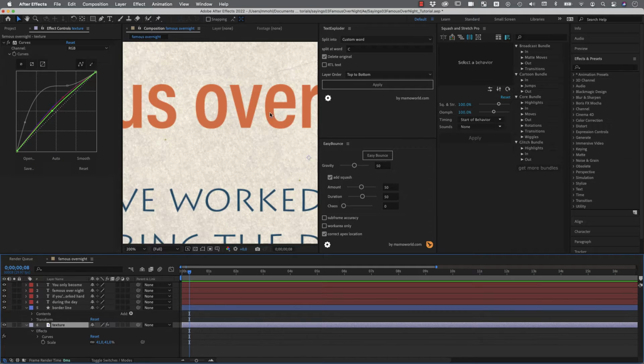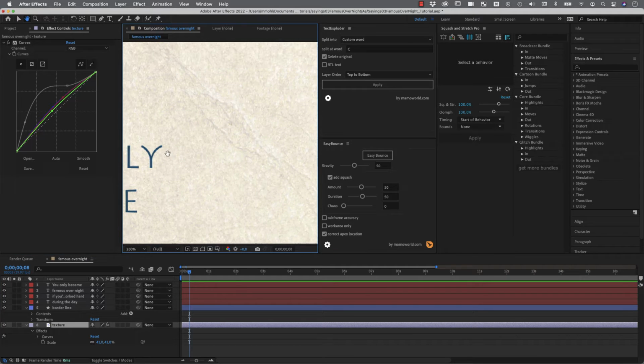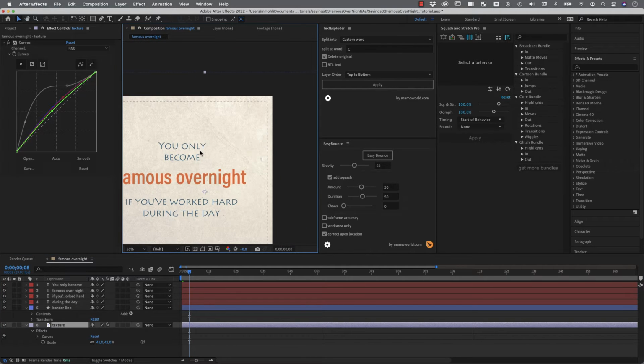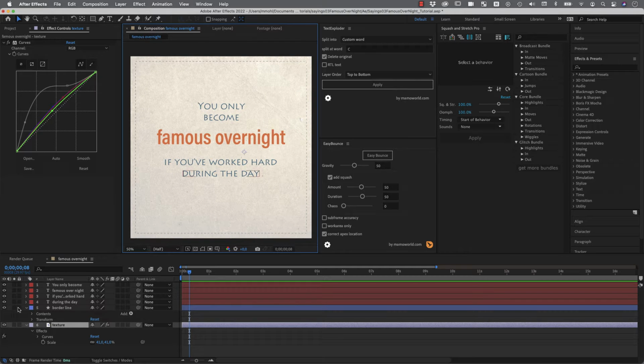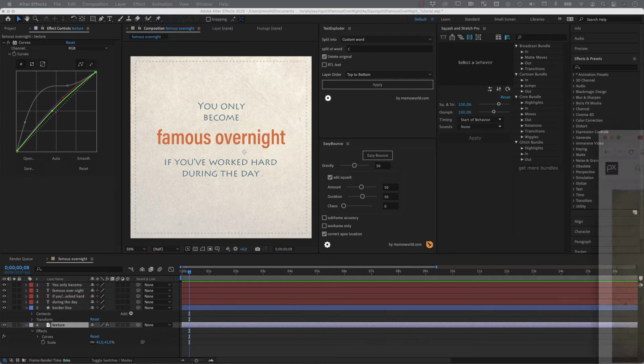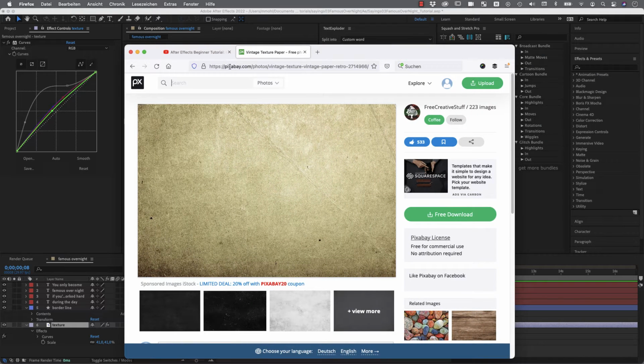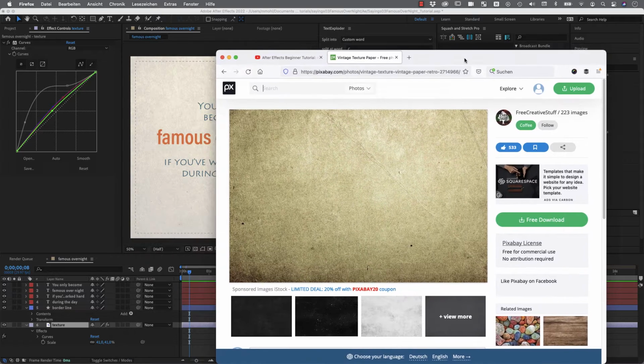If you look closely, there is some nice texture pattern here that just makes this look a little bit more interesting than if we had just a solid color. I downloaded this texture from Pixabay. Pixabay has lots of free stuff, therefore I really like using it. You can download images and vector graphics and everything you find there and use it entirely for free.